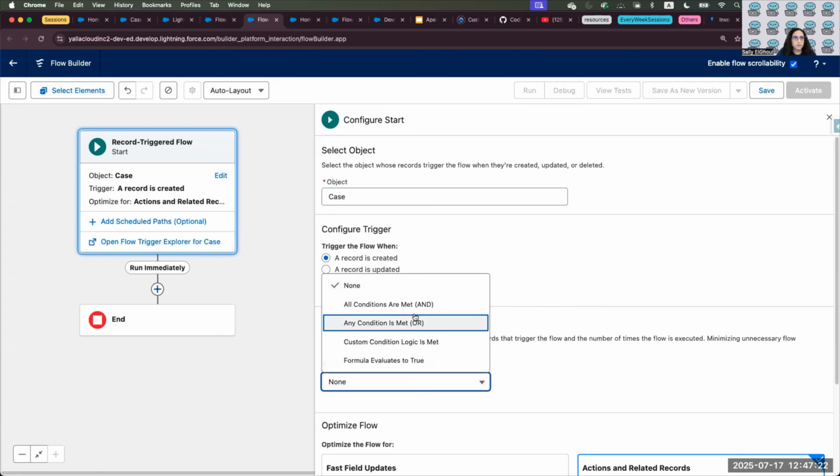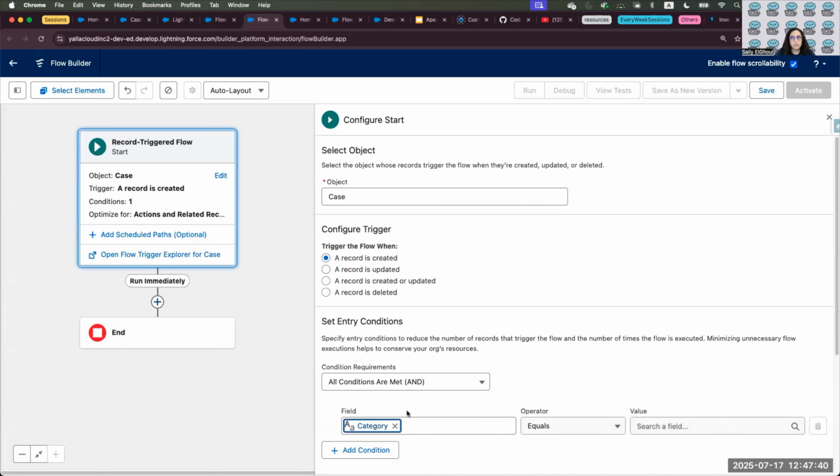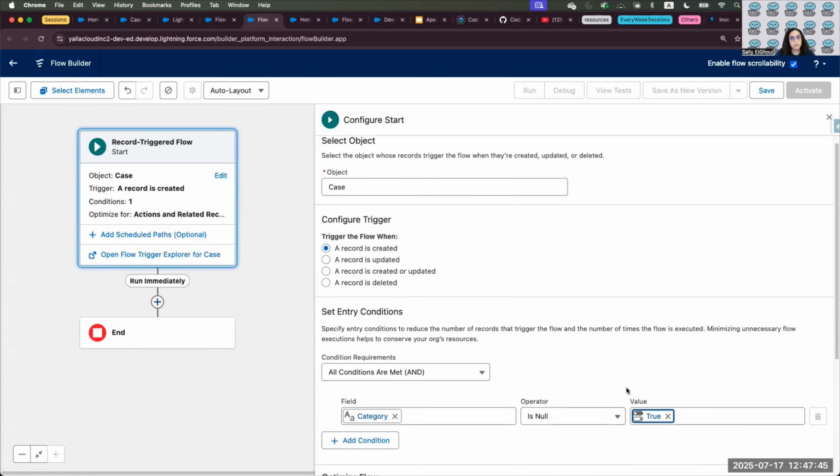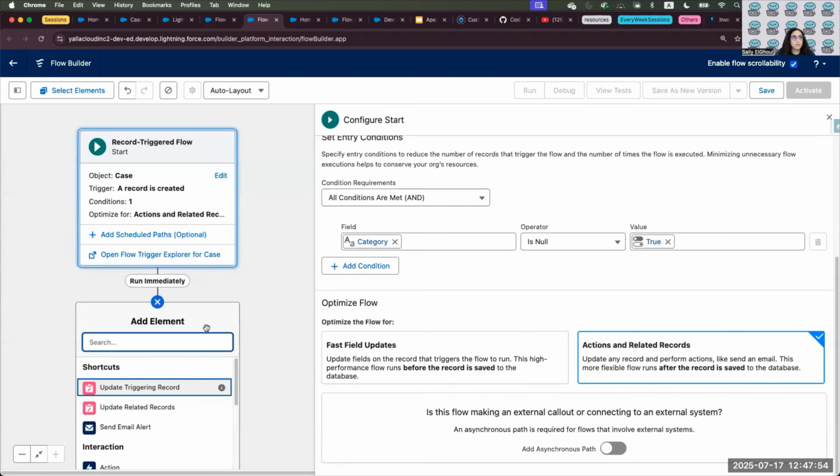You can leave no action, or let's think, if the user created the case with a specific category, we don't want to override it. So let's make a condition that category is none. So I want it to run only if the category is none, because I don't want to override. And it will be here after record saved because we want to have an action. After that, let's create